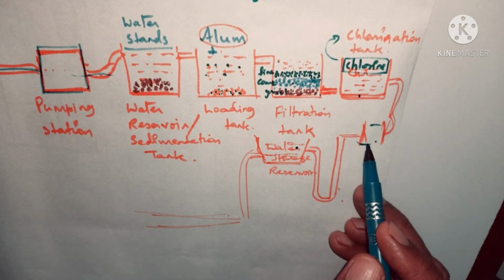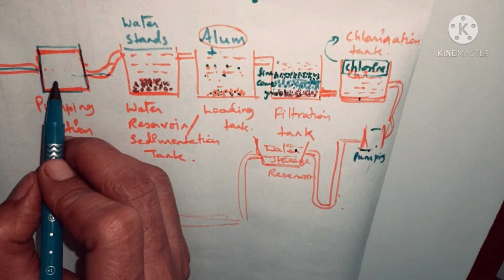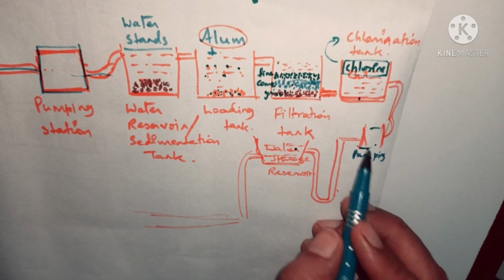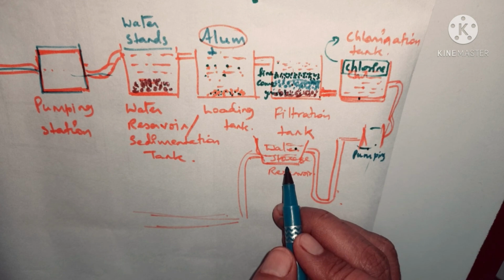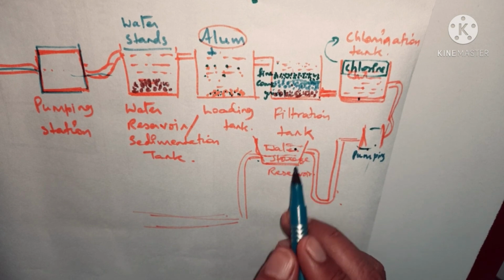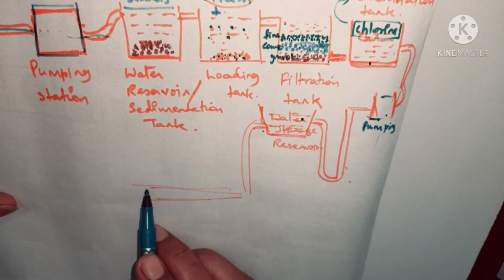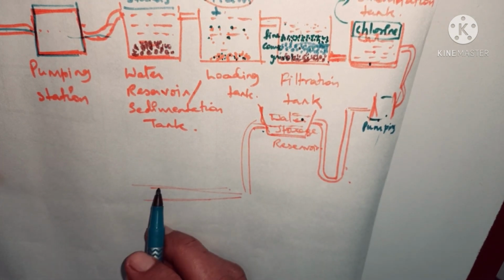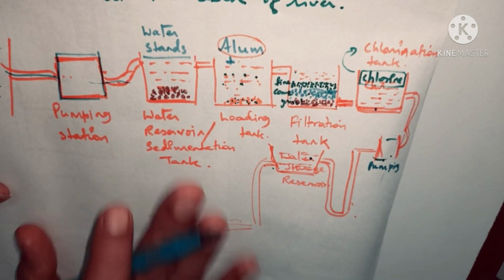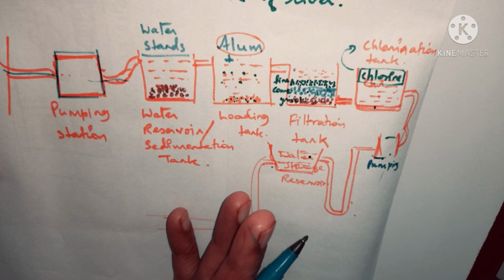From there it goes to the pumping station. This is your pumping station. As it was at the initial stage of this process, it is also available at the end, from where the water is pumped to higher level reservoirs, which are kept at very large heights. And from there it is passed to the city houses. This is how water is supplied in the city area. Understood? With this we have finished our filtration process, where we have separated a solid from the liquid.